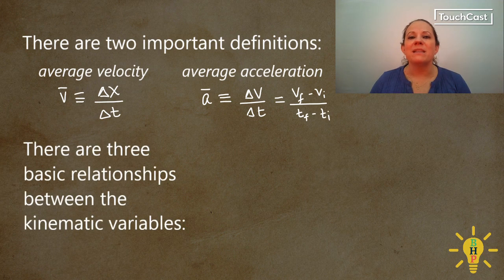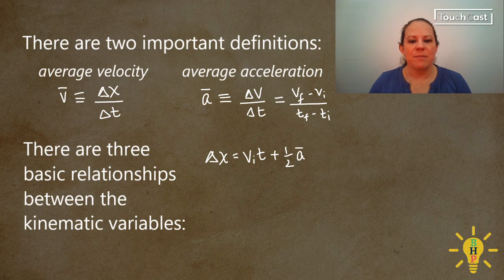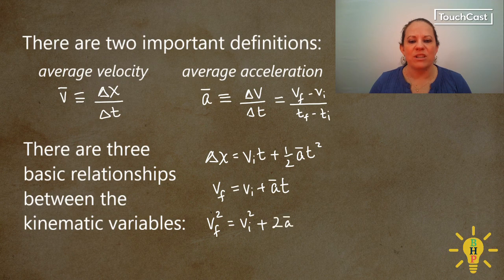And there are 3 basic relationships among our 5 kinematic variables. Those are the change in position is equal to the initial velocity multiplied by the time, plus 1/2 times the average acceleration multiplied by the time squared. The next is final velocity equals initial velocity plus the average acceleration multiplied by the time. And last but not least is final velocity squared equals initial velocity squared plus 2 times the average acceleration multiplied